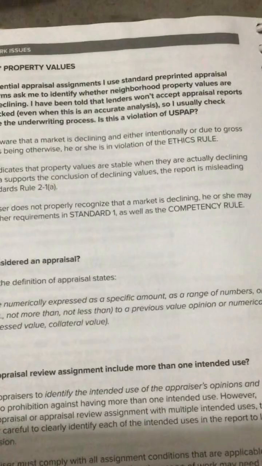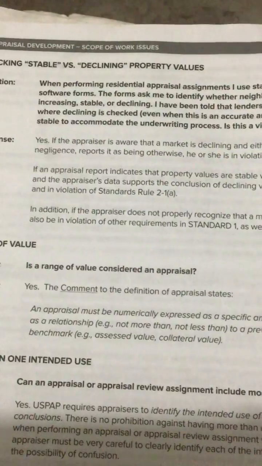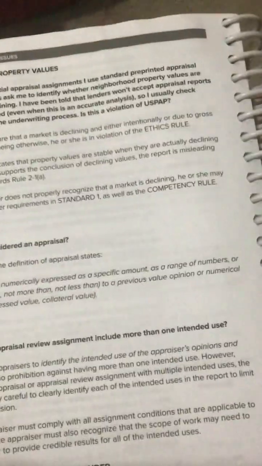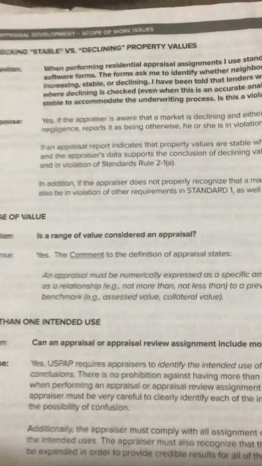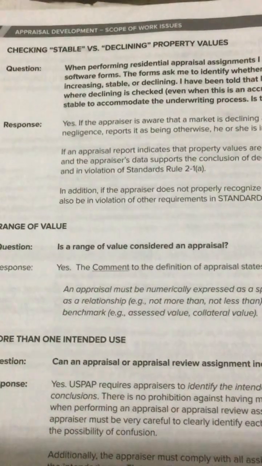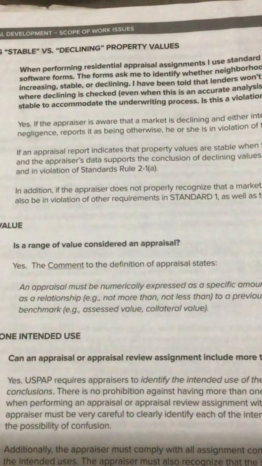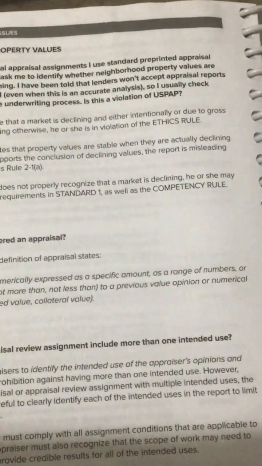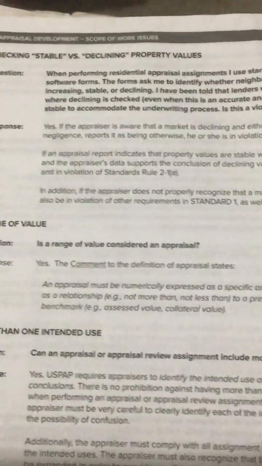I have been told that lenders won't accept appraisal reports where declining is checked, even when this is an accurate analysis. So I usually check stable to accommodate the underwriting process. Is this a violation of USPAP? Response: yes. If the appraiser is aware that a market is declining and either intentionally or due to gross negligence reports